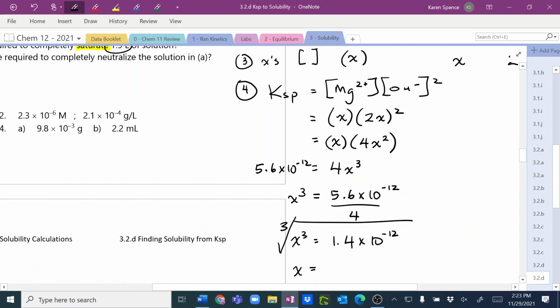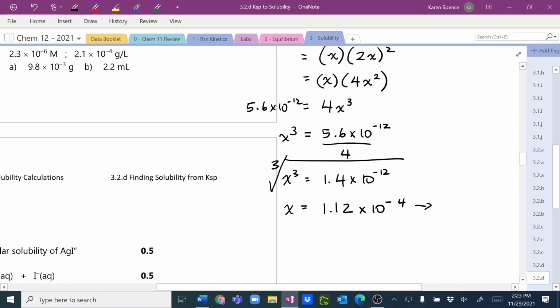And we get 1.12 times 10 to the negative 4, but we use 2 sig figs, so that's going to just become 1. Oh, actually, no, I'm going to keep an extra digit. In fact, I'm going to keep a couple extra digits. 1.118 times 10 to the negative 4, because I'm not done this question yet, right? That is my X, that is my molarity